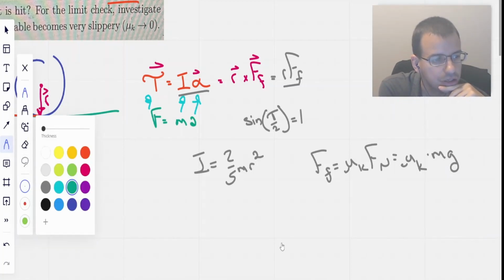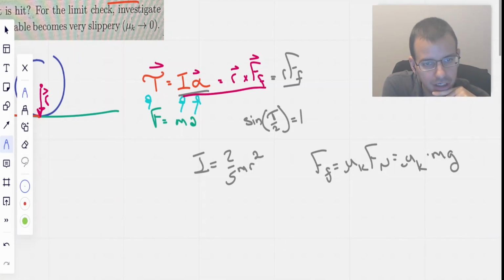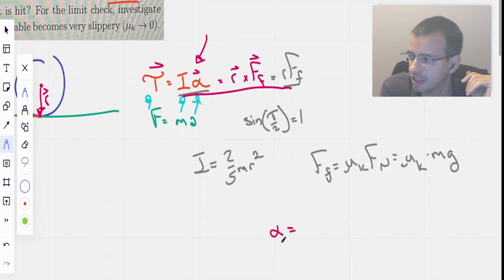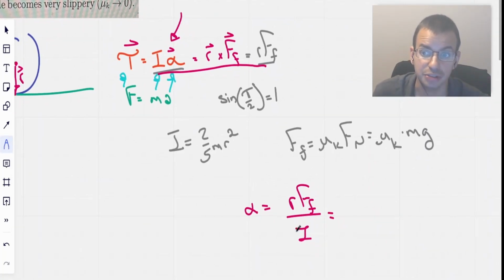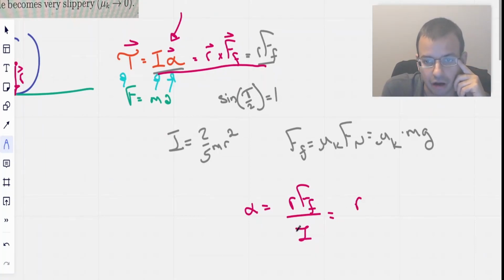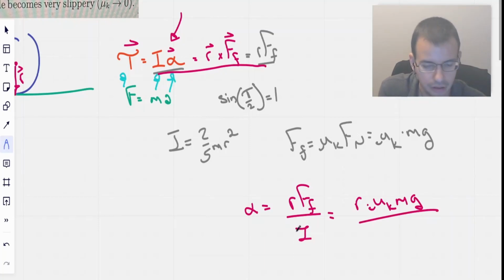I'm going to use this equation right here and solve it for alpha. So alpha equals R times force friction over the moment of inertia of this sphere specifically. So we're going to have R mu k mass gravity all over